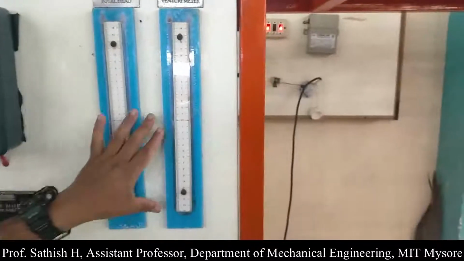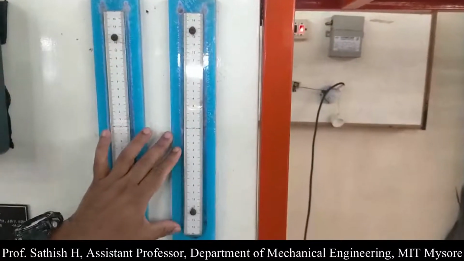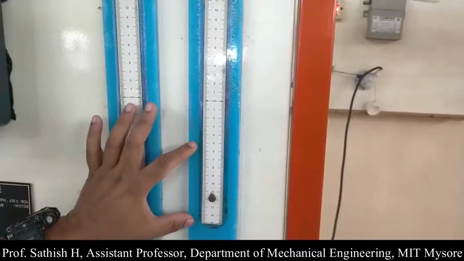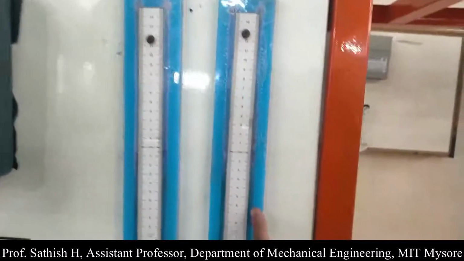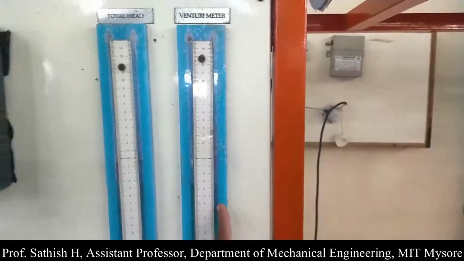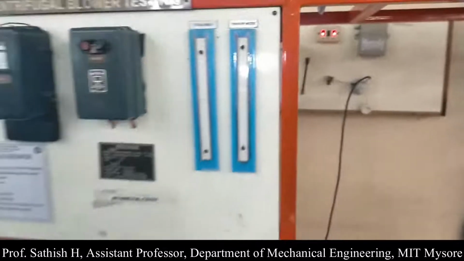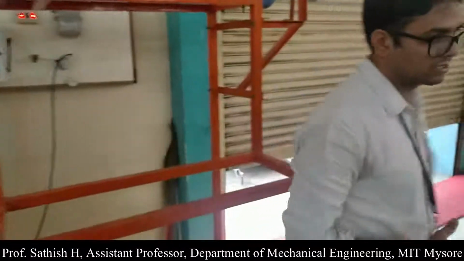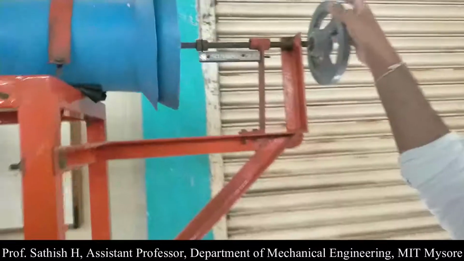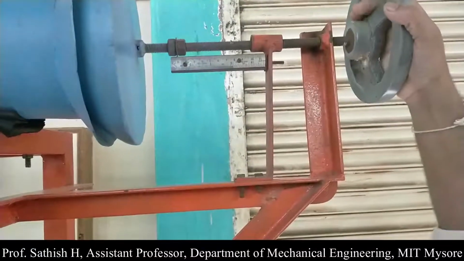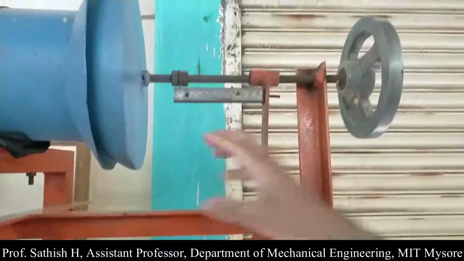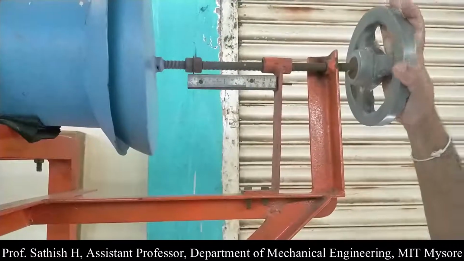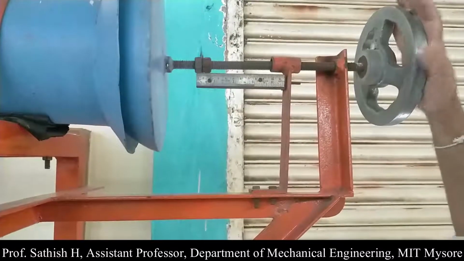Similarly for the venturi meter also you have to note down the readings H1 and H2. H1 is the rise of water, that is the manometric fluid, in the left limb, and H2 is the rise of the manometric fluid in the right limb. So these are the readings you have to take. And one more important reading you should note down is the ball valve opening. This is the first reading you have to set up before taking the other readings. This is how much the valve is open, how much is the discharge. Now the first reading is taken for 1 centimeter.